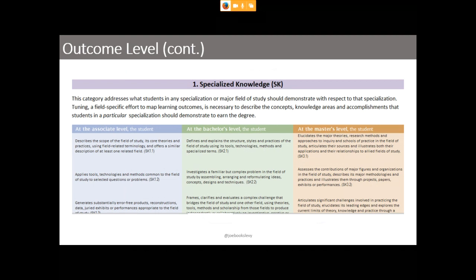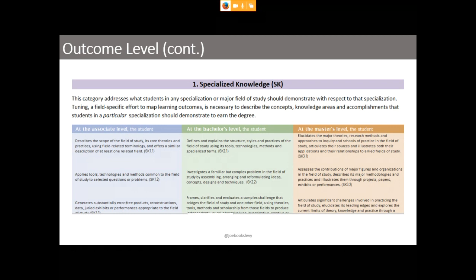One of the things we recently did, and I know you all are revising your gen ed outcomes: having revised university learning outcomes, I can tell you it's possible to get through it, and it's great on the other side. We recently adopted the Degree Qualifications Profile to upgrade our university learning outcomes. This is an example of one of its themes. The shorthand name is specialized knowledge, which, what does that mean? So they give this little paragraph to further explain it, and then, if that's not enough, they break it down by degree level.